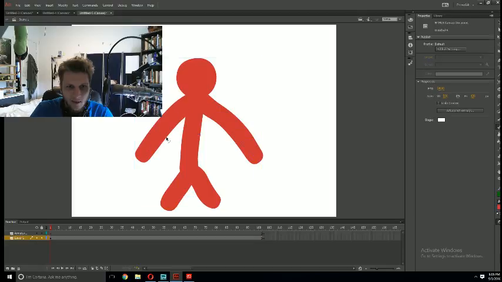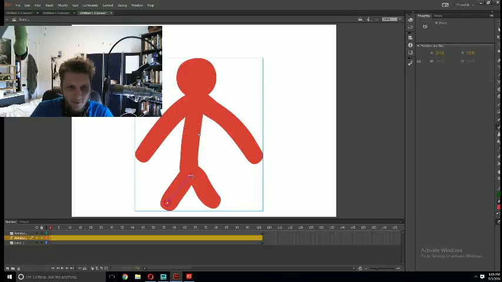Okay, so we know we can animate squares. I assume we can animate circles as well. The question is, can we animate our pencil strokes? Okay, layer 1. Let's try the pencil tool. We make a little...